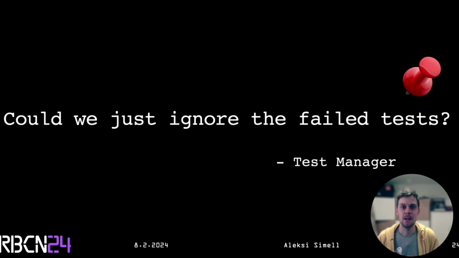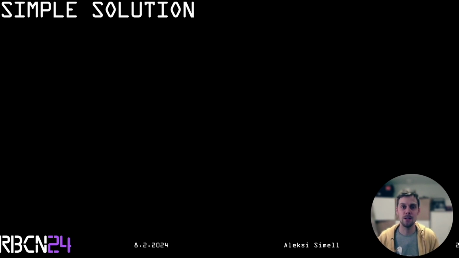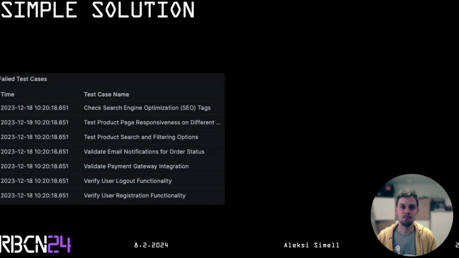In hindsight, our solution was very, very simple and very obvious. But in that situation, it was not simple and it was not obvious, and we really struggled for a while. And we did this. We created a simple table that showed only the test case names that had passed in the previous run. We tried to create a table that showed how many times each test case had failed consecutively, but we couldn't get the query working just right. So this is what we came up with.